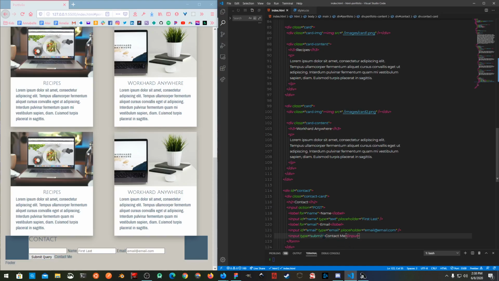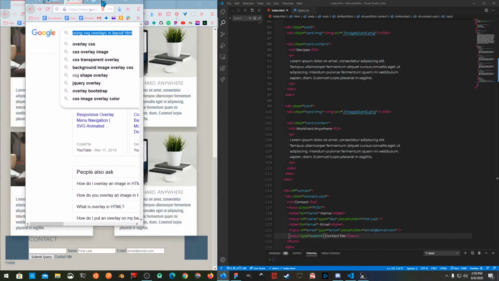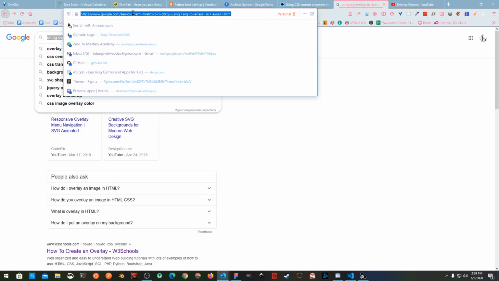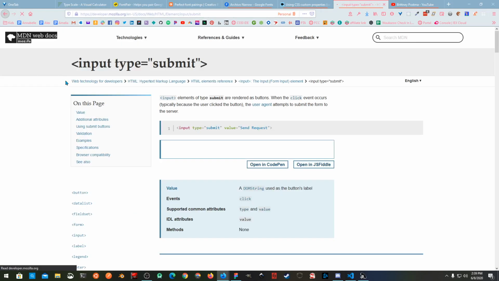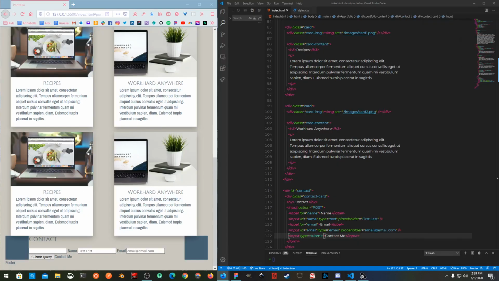Submit query. Oh, that's not how you do that. I don't remember how to do this in regular HTML anymore. That's kind of sad. Okay. Input type submit. Value is what we need there. Instead of this, we need value equal to contact me. Save. Contact me. Okay, now